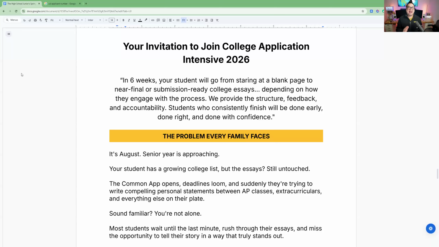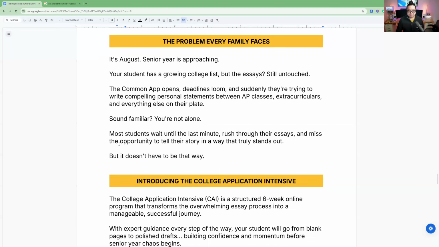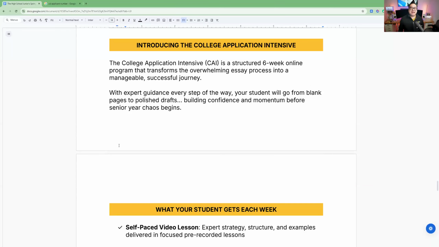So we reimagined this event for this year. For our 2027 students, the College Application Intensive has evolved from a 2-day, 3-day event to now a 6-week program, right? In 6 weeks, you guys can kind of read this as well. But the issue is that students can't get it done. They're still stressing out, getting all this stuff done late into this season. So our college app intensive for the 2027 class is going to be a 6-week event.